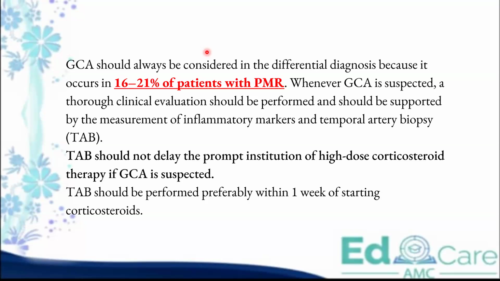You should remember, oh, polymyalgia rheumatica is associated with giant cell arteritis. So therefore, they must be talking about giant cell arteritis now. Why would you check that first? Because that is the emergency, right? That is an acute condition that needs urgent treatment more than PMR. So are you going to start them on low dose corticosteroids and treat their PMR when they come to you with blurred vision? Or are you going to go straight off for the treatment of giant cell arteritis first, right? So obviously you will treat the giant cell arteritis first.